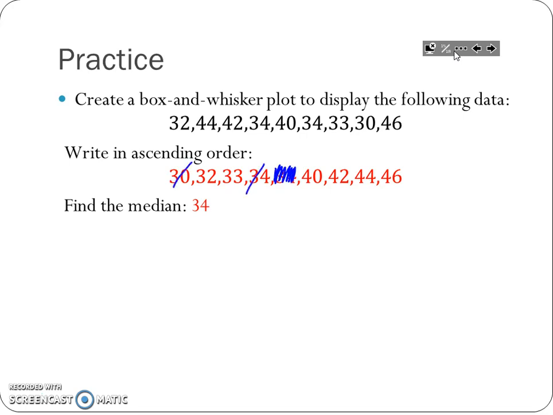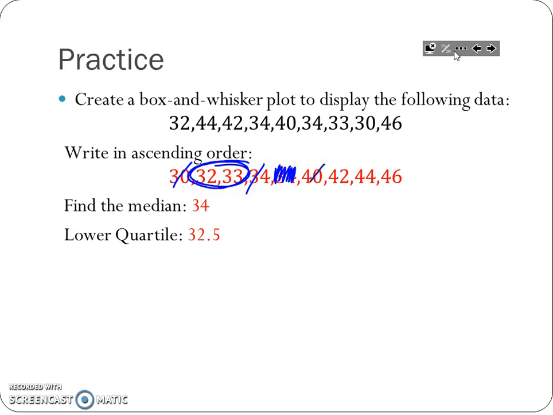So I'm going to cross out, cross out. I've got two values here. How do you find the median with two values? Remember, we add those two up and then we divide by 2. So 32 plus 33 divided by 2 gives me a 32.5. That's my lower quartile. Then I'm going to find my upper quartile, which is just the median of the upper